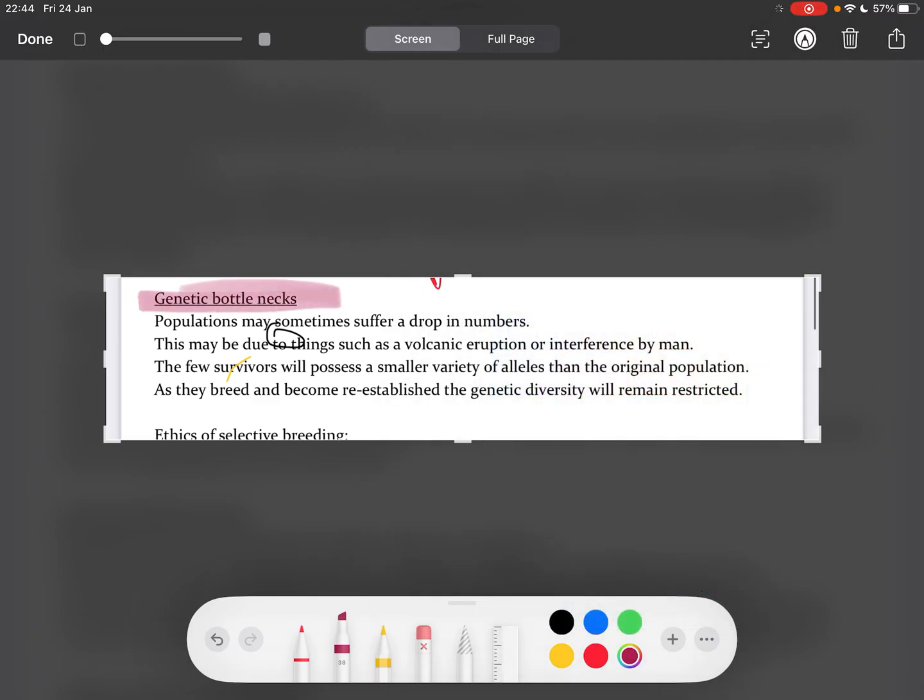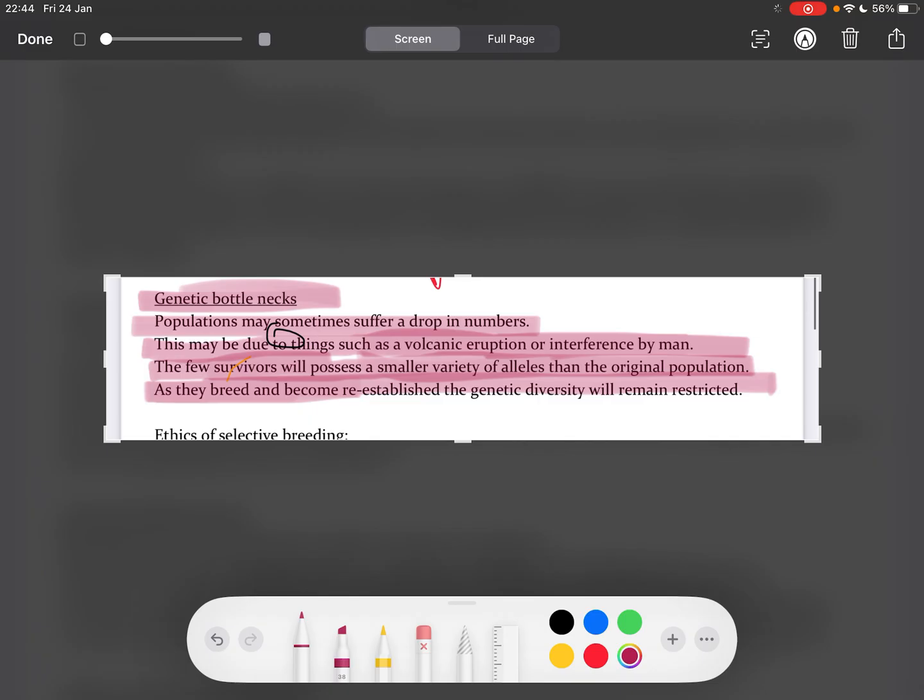Genetic bottlenecks. Populations may sometimes suffer a drop in numbers. This may be due to things such as a volcanic eruption or interference by man. The few survivors will possess a smaller variety of alleles than a large population. As they breed and become re-established, then the genetic diversity